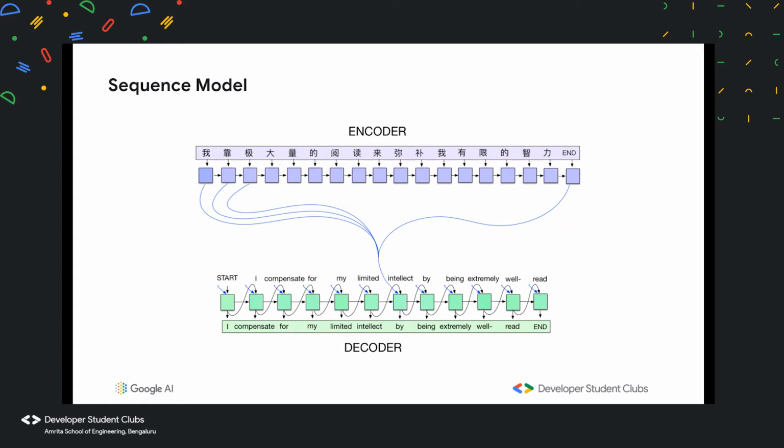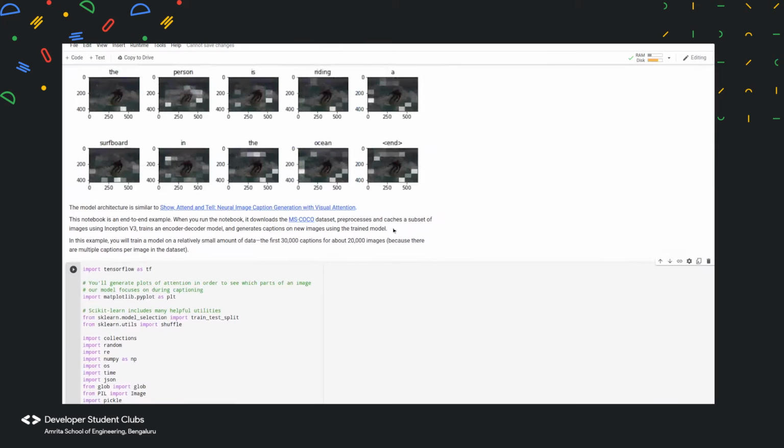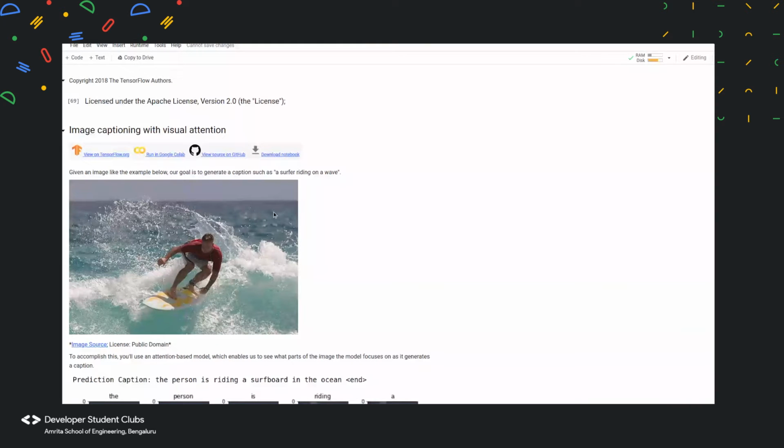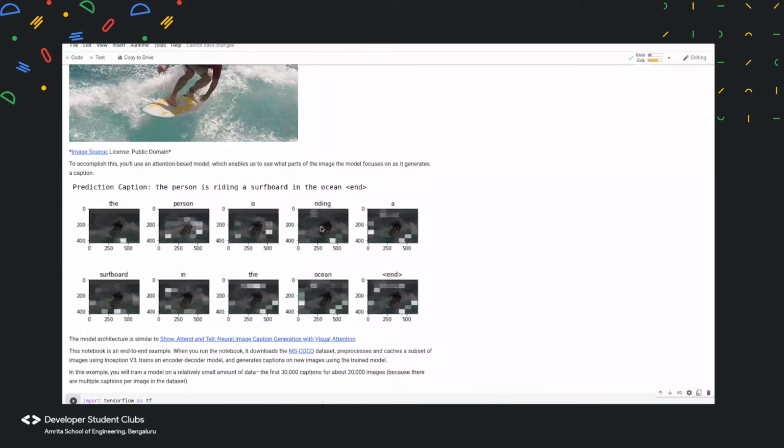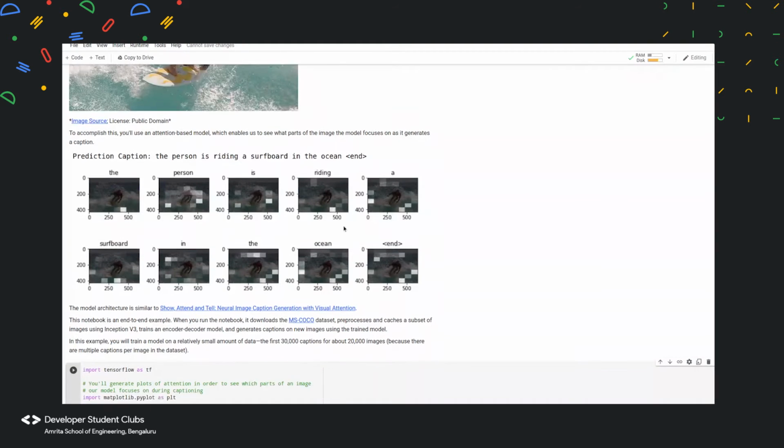We will be starting with the explanation of the notebook. Let's start with the code. The first is a sample image that is being shown in this model. It's a man surfing, the same as in the slides. As you can see, it is detecting a specific part in each image, and then according to that, it is framing the sentence.